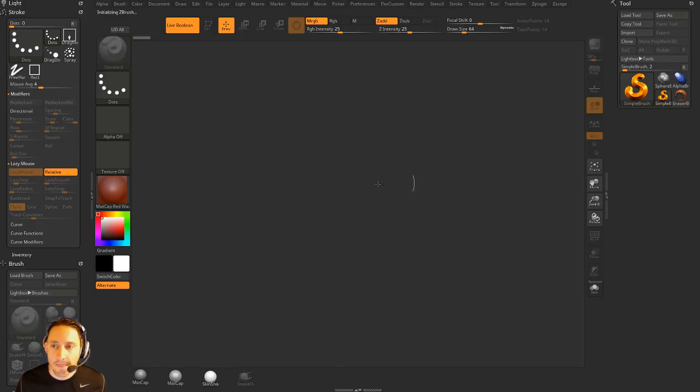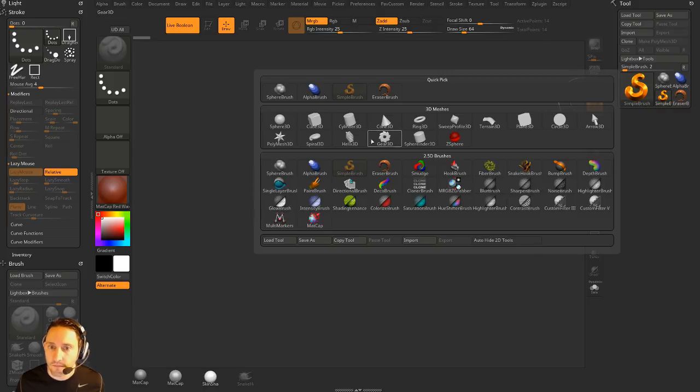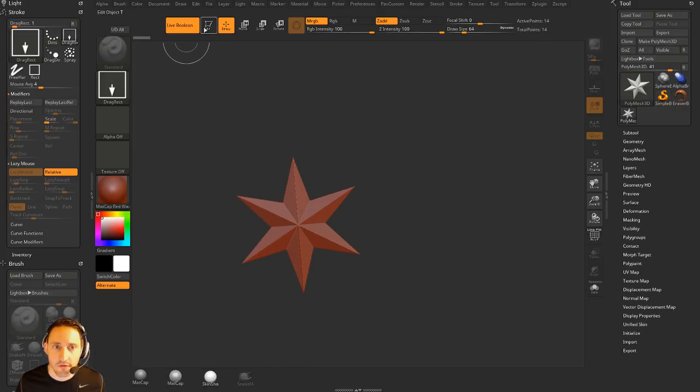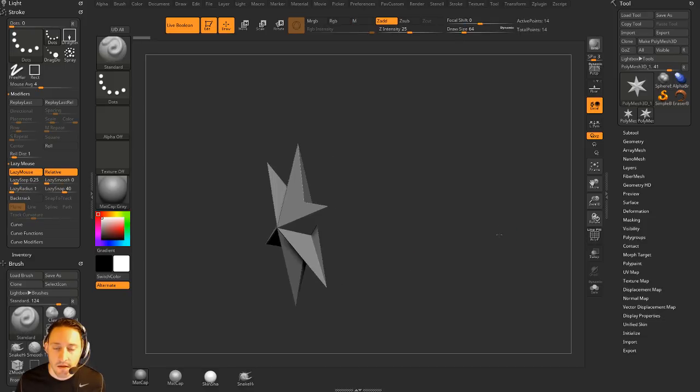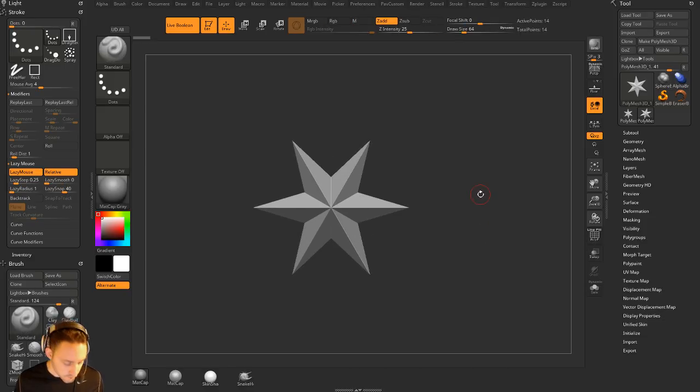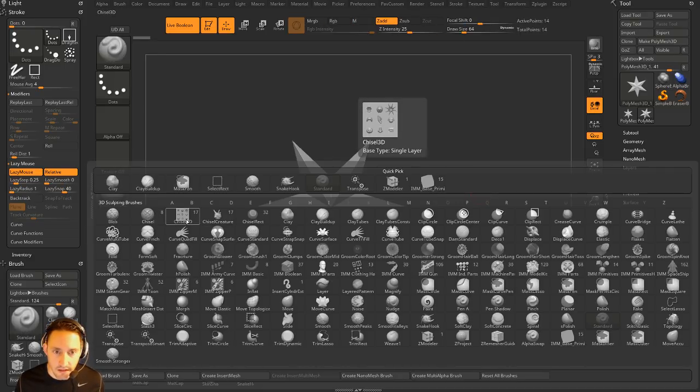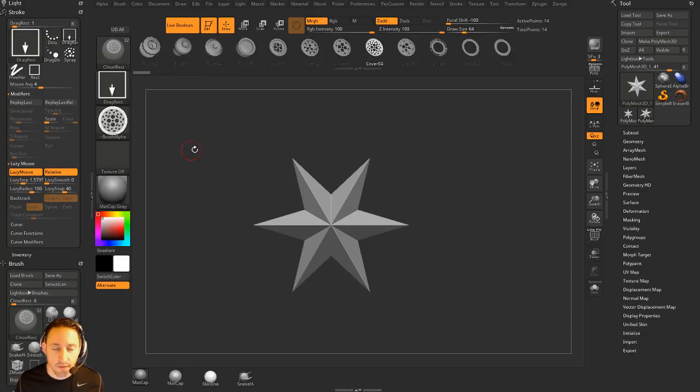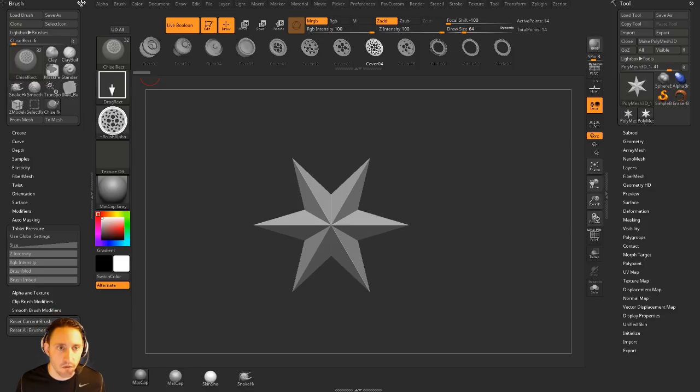So if you want to, I would go into PolyMesh 3D here, go into MatCap Gray, and hit B, and you're going to see we have this Chisel Rect brush. I would start with the Chisel Rect brush and the Chisel Rect settings just because it's a brush that's already set up the way I want my brush to work, but I would then go in here to